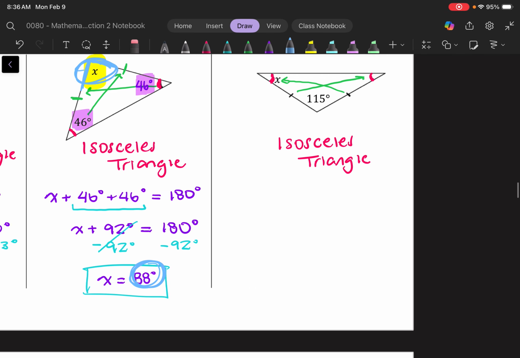We have one more, and again, if we just want to predict in advance, this angle that I'm looking at is an acute angle, right? It is not 90 degrees. It is not more than 90 degrees. It's acute. It is less than 90 degrees. If I were to throw out a guess of how big that angle is, just by mentally understanding what the size of angles look like,